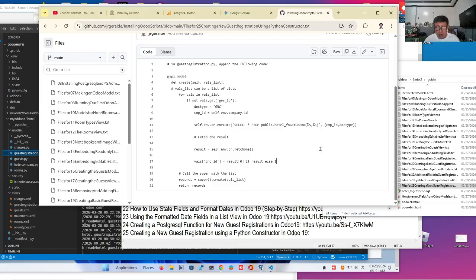a PostgreSQL function. We are going to say self.env.cr.execute. It will use our environment variable found in odoo.conf. It will execute a query called select star from public, because that's the schema, hotel.fn_get_doc_no.